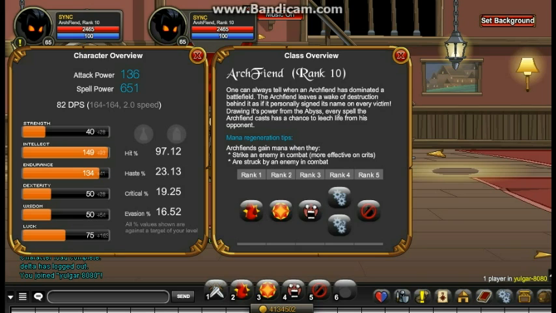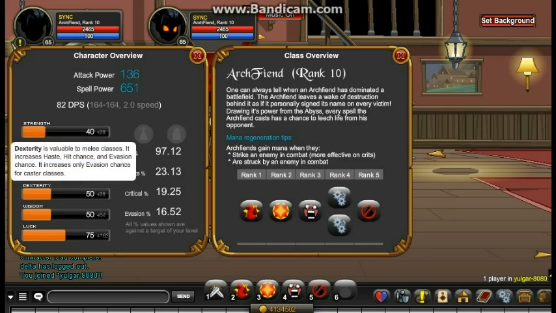Alright, let's talk about dexterity right now. This is basically what evasives feed off of. This is valid for melee classes. Evasives are melee classes. It increases haste, hit chance, and evasion chance, and it only increases evasion chance for caster classes. Now, this is mainly supposed to be directly for melee classes, but to even it out,